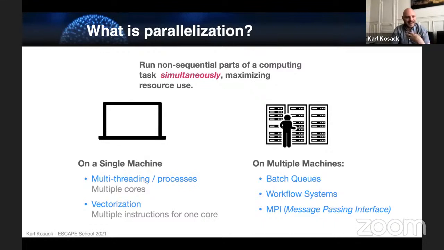That makes me sound older than I am, that we were using very old machines at the time, but VAXs were used, I think, more in like the 70s and 80s. So they were already old by the time I was looking at them, but they already did vectorization. Meaning that you can execute multiple instructions. And so in modern CPUs, it's usually called AVX or SIMD. There's different names for this, but that's the idea, that you can execute multiple instructions. So I'll talk briefly about that, but not really in detail.